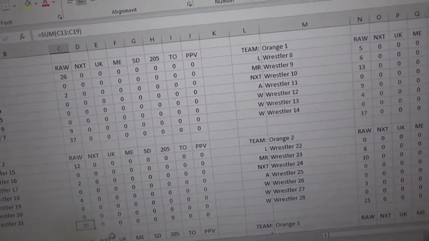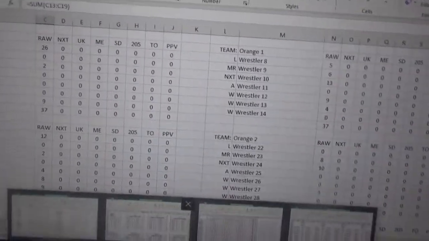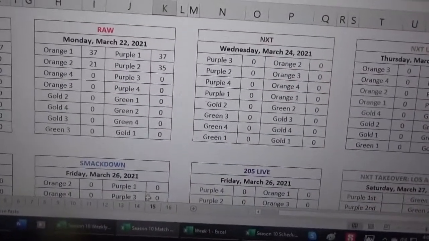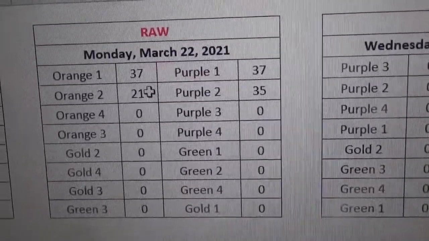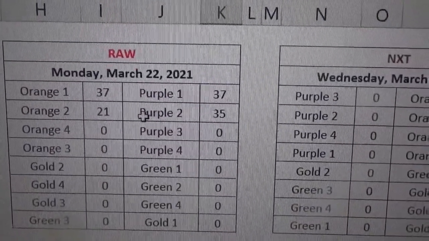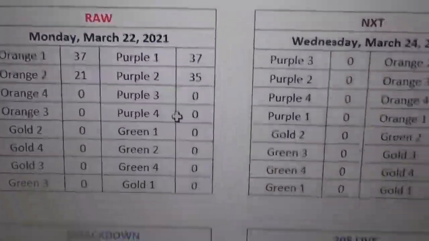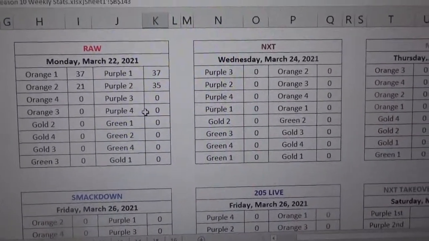Now, those scores have also been fed to my match results spreadsheet. And if you can see right here on Raw, the match results are right there. Orange 1, 37. Purple 1, 37. Orange 2, 21. Purple 2, 35. So basically, what it means is